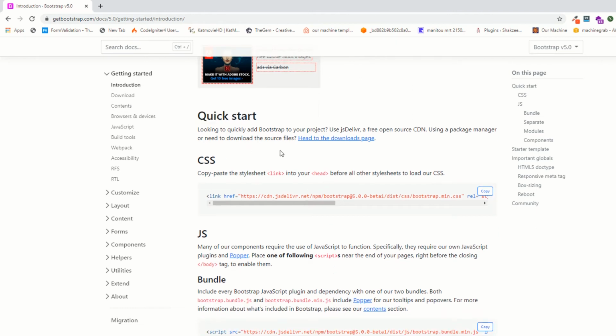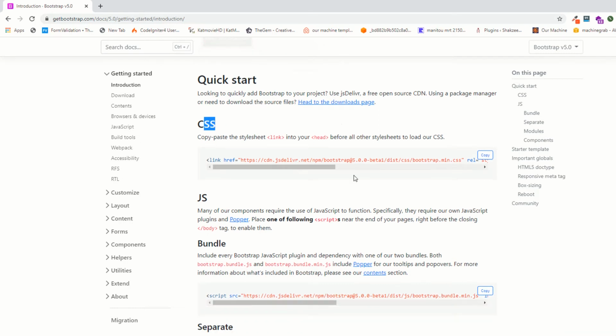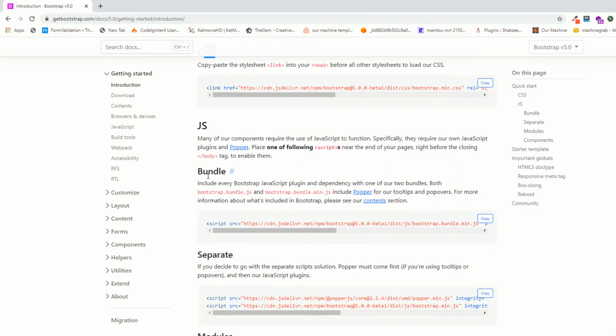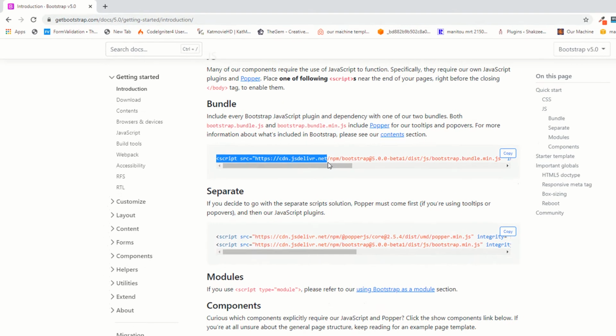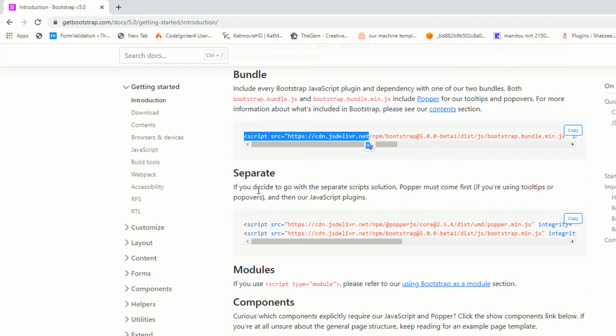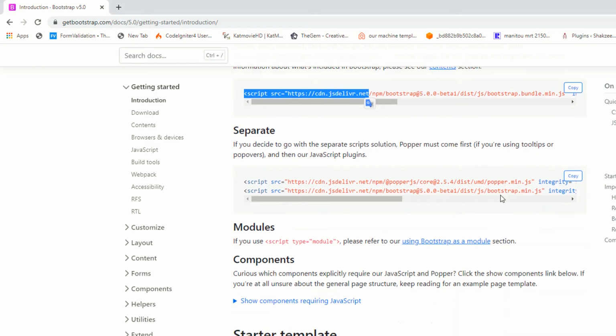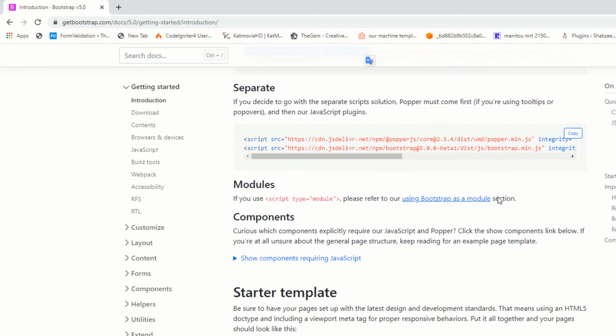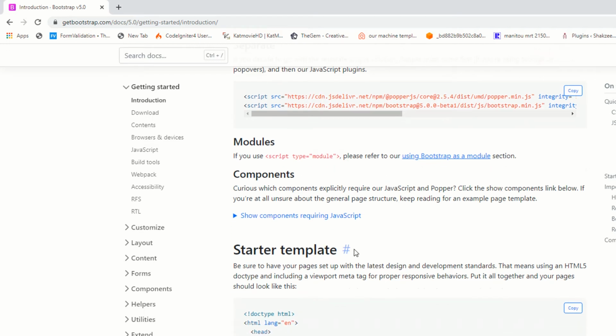You can also embed the CDN. So this is a CSS file. Just copy, paste, and use this file in your project. And this is the JS file. Just use this one. As you can see, they are saying separate: if you decide to go with separate script solutions, you also have the Popper and also the bootstrap.min.js file. We will discuss these files when we embed or add the framework in your HTML file or in your project. So as you can see, these are the modules,